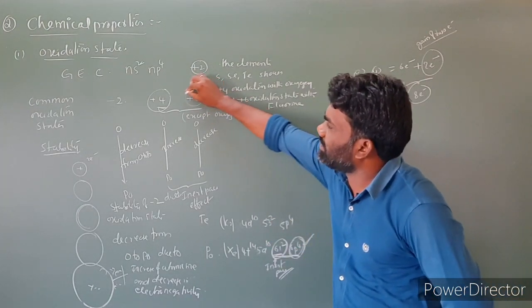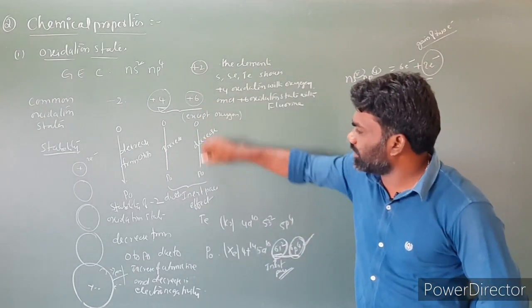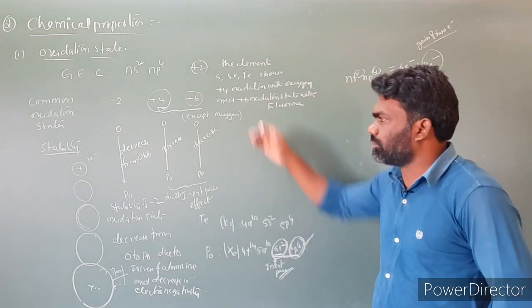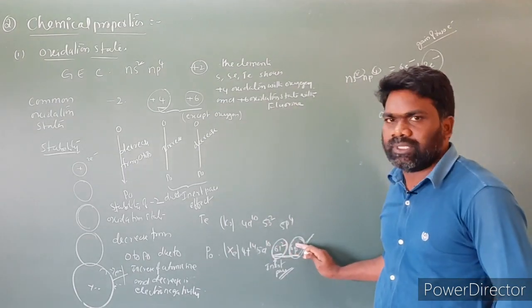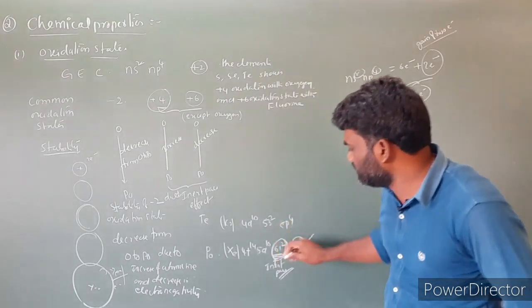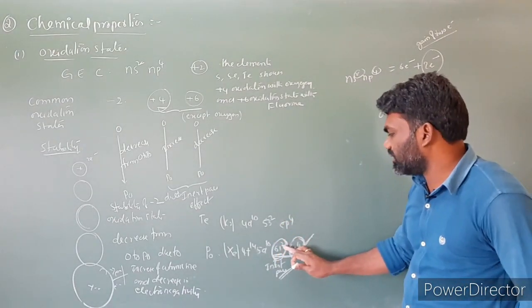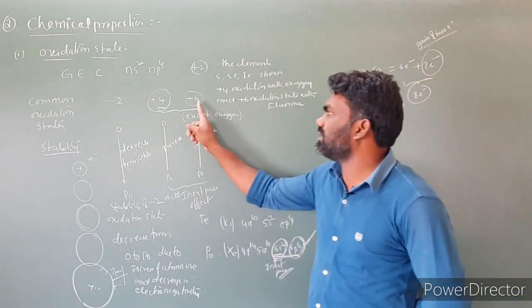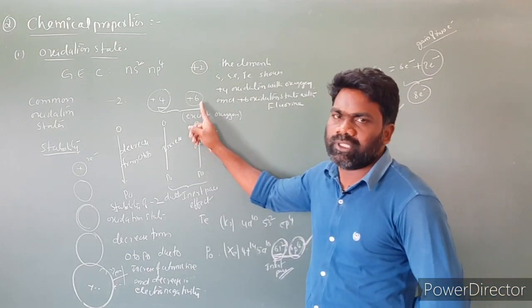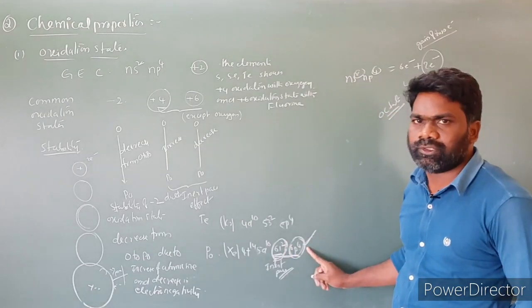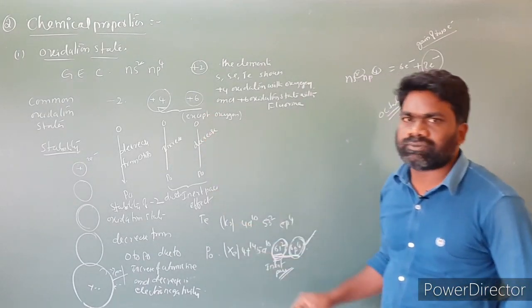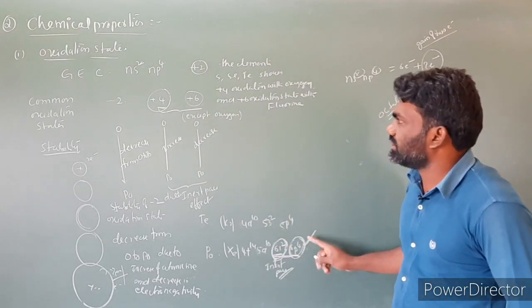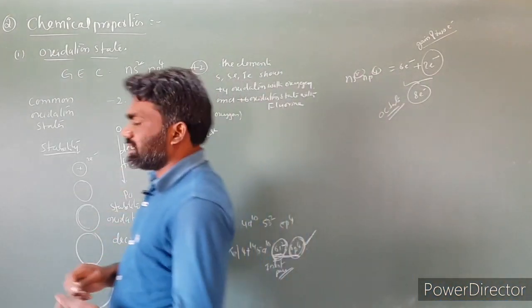If you look at the +6 stability while moving from top to bottom, the number of valence electrons is 2 plus 4. So top to bottom the number of valence electrons remains the same, 2 plus 4. But these 2 electrons are not involved in the bond formation. The availability is only 4, but 6 electrons are required for bond formation. So the +6 stability decreases from top to bottom.